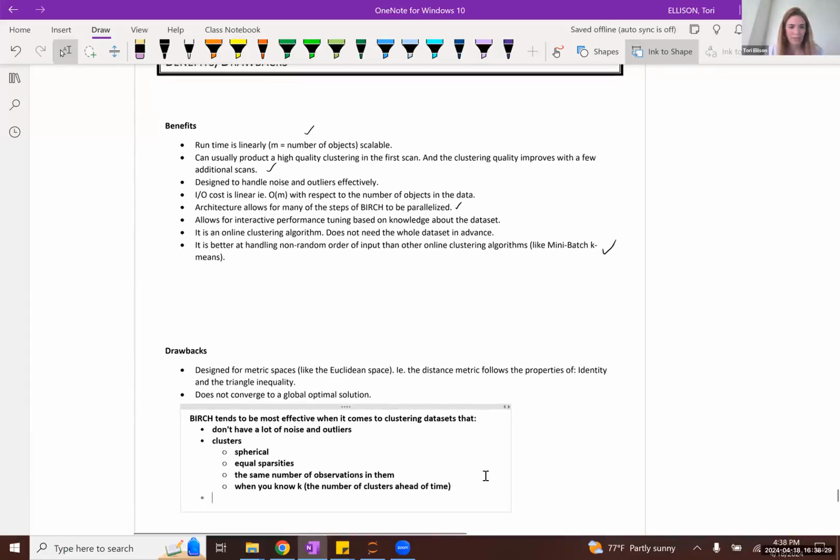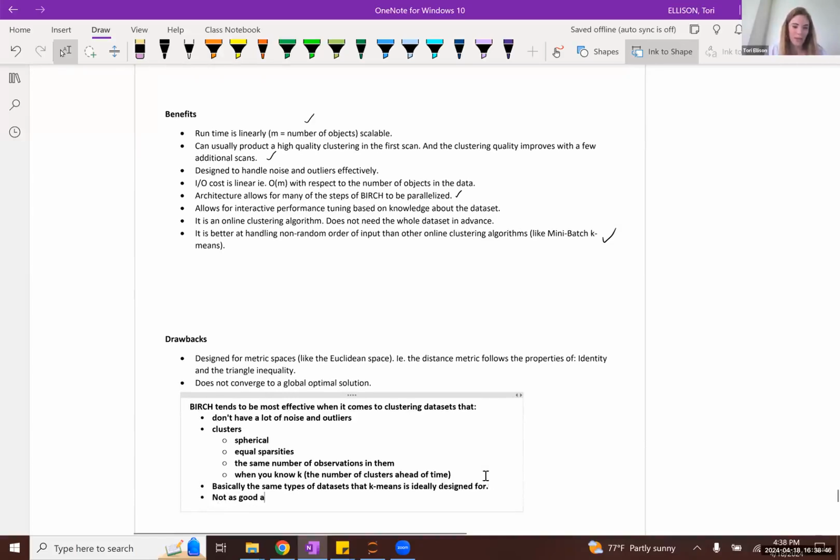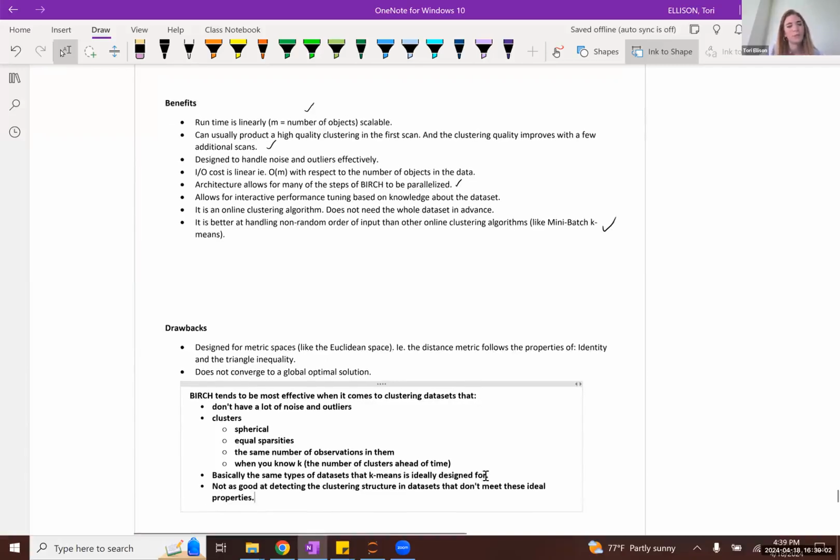So basically, the same types of data sets that k-means is ideally designed for. In other words, it's not as good at detecting the clustering structure in data sets that don't meet these ideal properties.